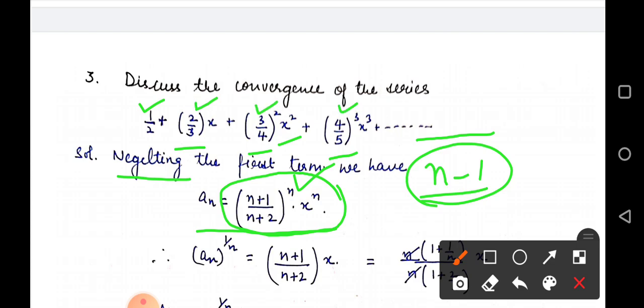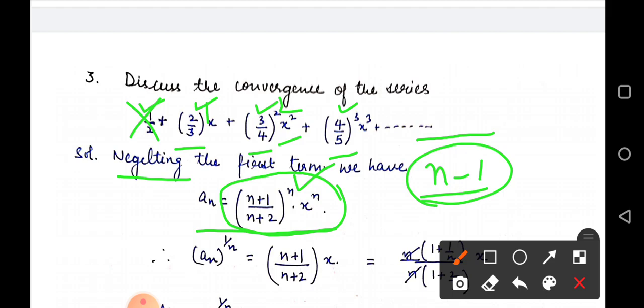सो आपके पास अगर मैं फर्स्ट टर्म को निगलेक्ट कर दूँ तो फर्स्ट टर्म अब हमारे पास क्या आ गई, 2, सेकेंड 3, थर्ड 4, एक ज़्यादा है तो इट इज़ n+1। नीचे आपके पास 2, दिस इज़ 3, दिस इज़ 4, दिस इज़ 5, सो इट इज़ n+2। ठीक है, नीचे वाली टर्म एक और ज़्यादा है तो n+2। पावर देखो, दिस इज़ 1, दिस इज़ 2, दिस इज़ 3, सो इट इज़ n।